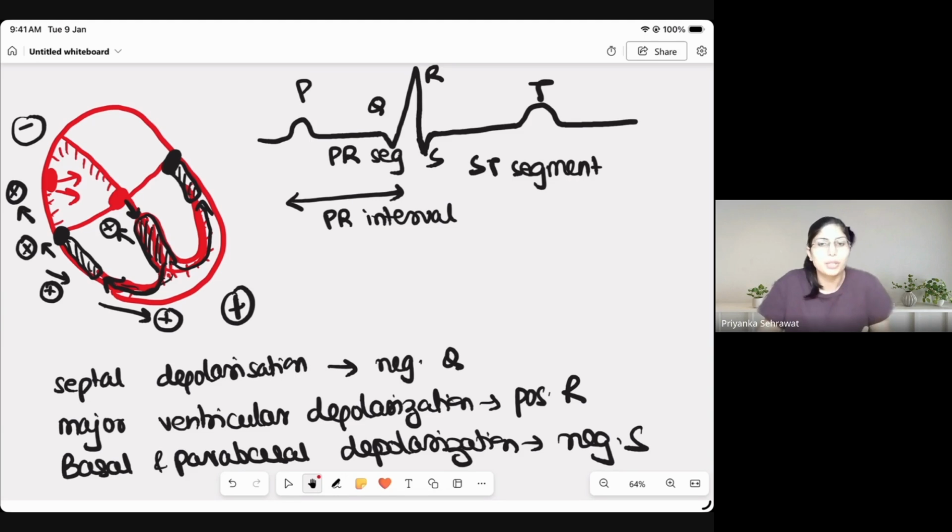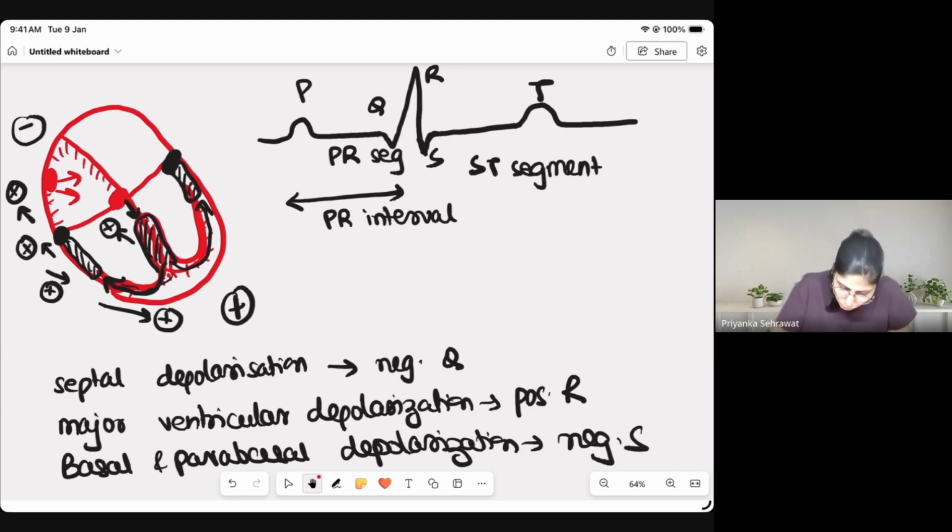The repolarization current is again in favor of the positive cardiac axis. The whole ventricular muscle gets repolarized. If depolarization starts from inside to out, repolarization starts from outside to in, making the net positive charge again go towards the positive side, and we get a mild, small positive deflection. So we get a T wave.